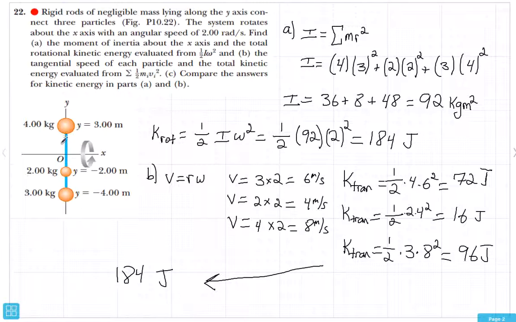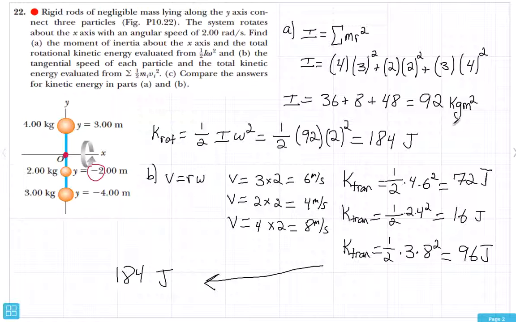So for this, there's 4 different terms. So I have 4 different terms to add up, and each one of these is just the mass. So for the top one, 4 kilograms, and its position is 3 meters from this spot right here, which is the rotational axis. And then plus 2 kilograms, this object, and its position is 2 meters from the rotational axis. I didn't even bother with the negative here. It's going to get squared anyway. And then the same thing for this piece. Multiply each term, add them together, and you get 92 kilogram meters squared,